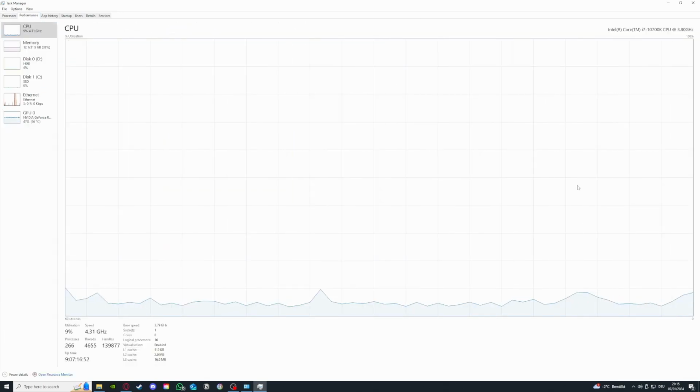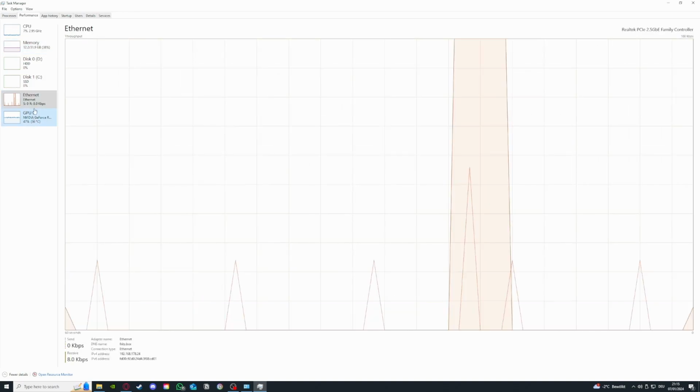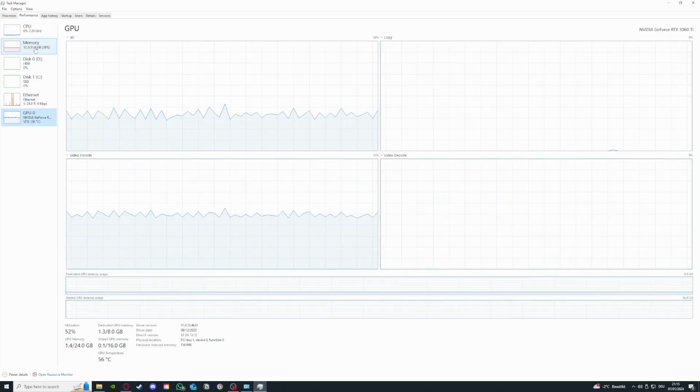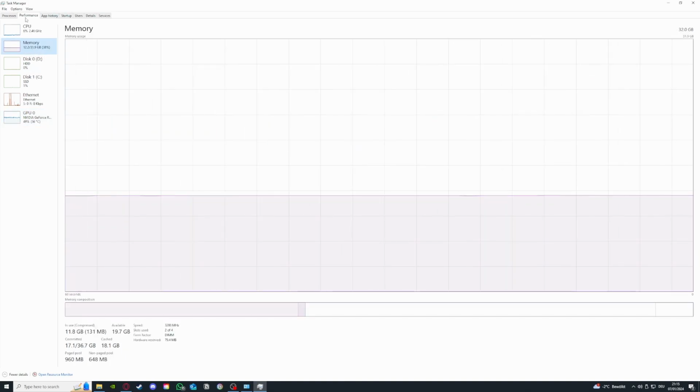And if you want to have a more detailed look, you can also look at the performance tab, where GPU and CPU performance is shown in a graph. An important indicator is also the memory usage. For example, I have 32 GB of memory, which is a lot. So if a program is taking up a lot of memory, you should consider upgrading